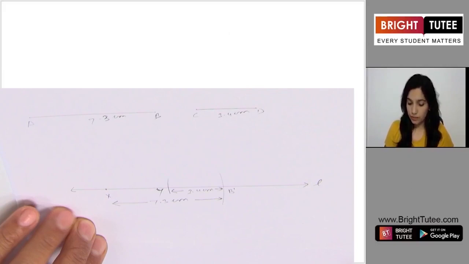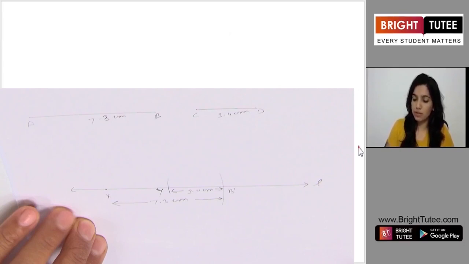Instead of AB dash, it is AB. This is the measure of this line XB dash, that is 7.3. Right? Then we measure the line CD, it was 3.4, it was given to us. So keeping the pointer at B dash, we marked an arc between X and B dash. So we have named this as Y. So what is the length of this part here? YB dash is equal to, what is the length of CD? It was equal to